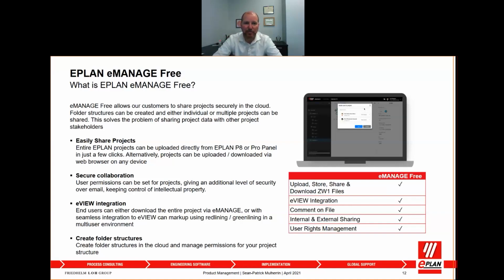So EManage Free really provides you a lot of benefits in terms of collaboration. So you can easily share the projects. It's secure collaboration. So user permissions can be set for projects, giving an additional level of security over email, keeping control of intellectual property, meaning that you can specify exactly who and from which organization can access the project in